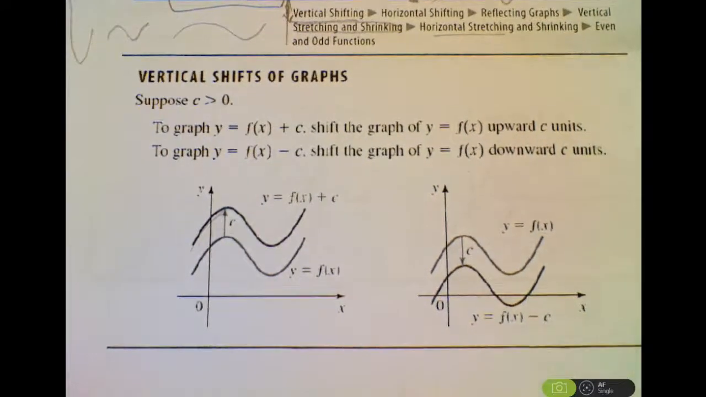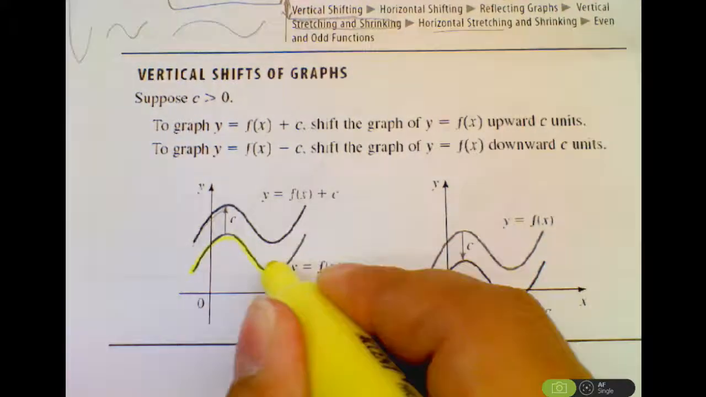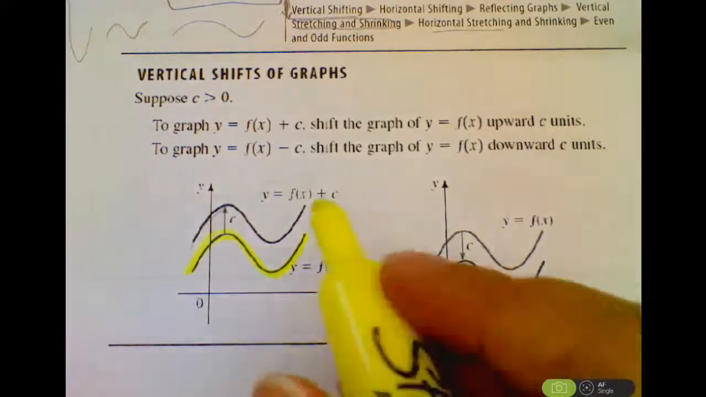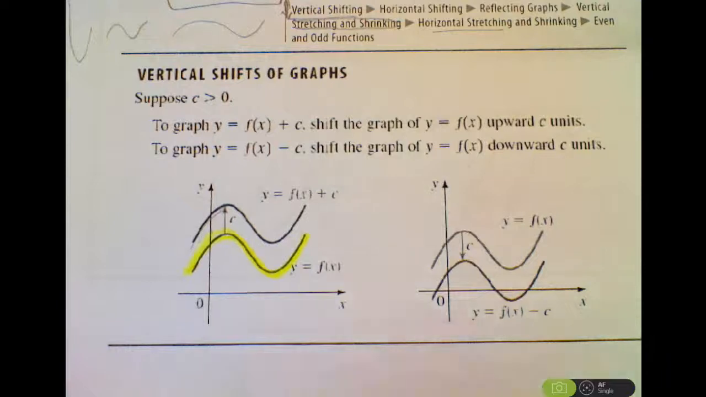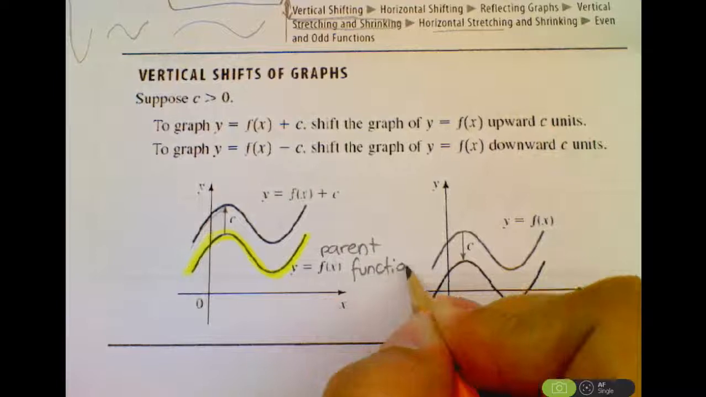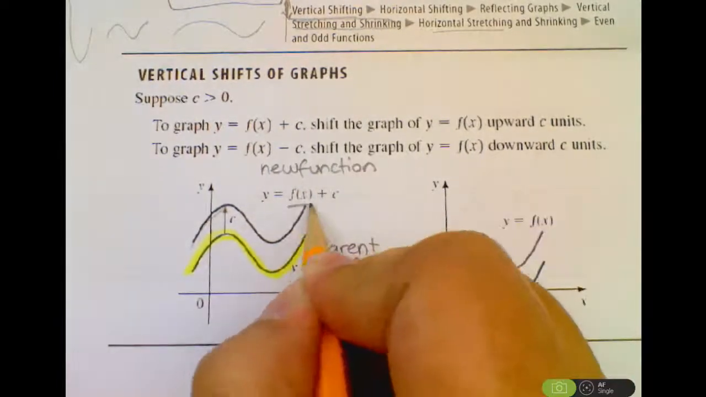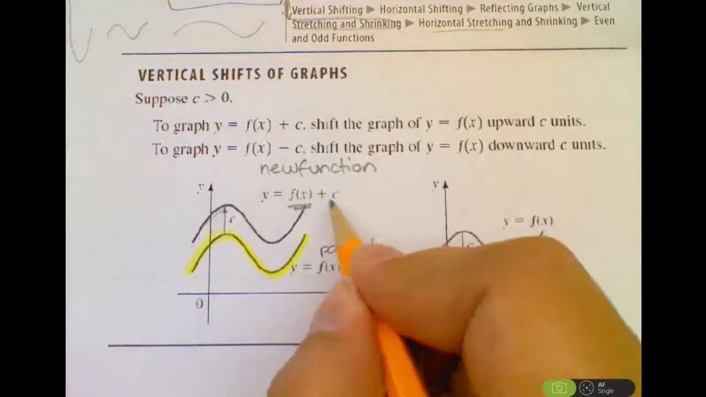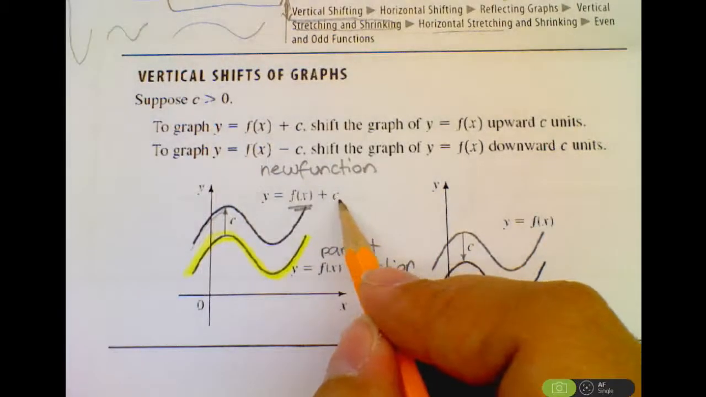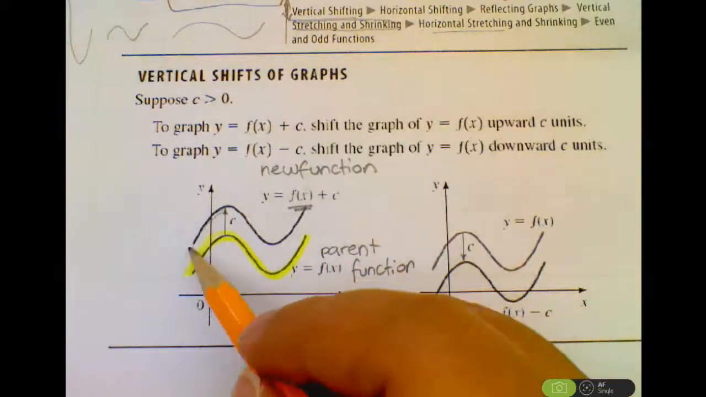So now we have vertical shifts. I know that this is not color, so I'm going to highlight the original function. Let's say that my original function looks like this. This is the original, which we're going to refer to as the parent function. If I graph a new function, and this new function looks like the parent plus some number, given that that number is bigger than 0, then I know that this new function would look like the parent one, but shifted